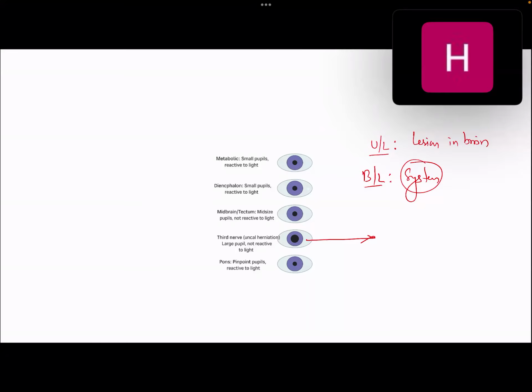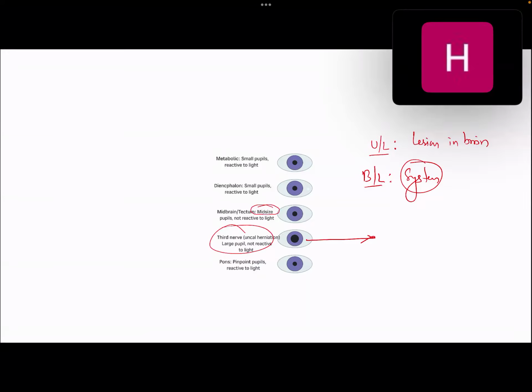So the examiner can classically frame a question on pupillary reaction. If the patient has got a pinpoint pupil bilaterally, it is opioid poisoning until otherwise proven. Opioid poisoning with respiratory rate depression, naloxone is the treatment. That's it, done. Third nerve pupil is usually fixed and dilated. All right.